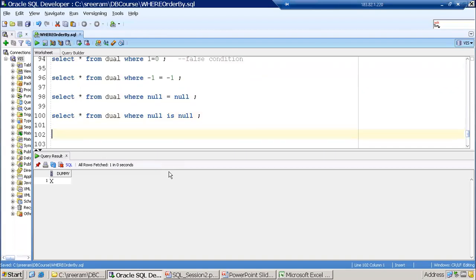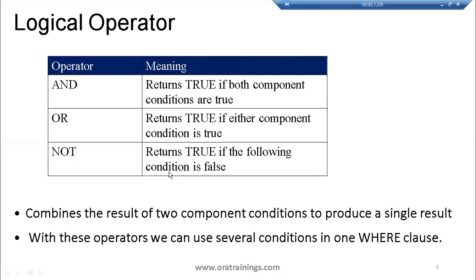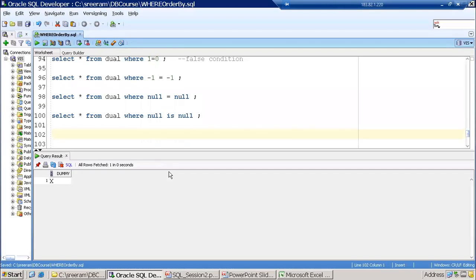So these kinds of small tricks will help you in writing bigger queries. Even though this particular query seems small, the logic you have here can apply to any bigger, complex queries you write. Okay. Now coming back, let us apply these AND, OR, NOT operators. Let us see a few more examples of using these operators.